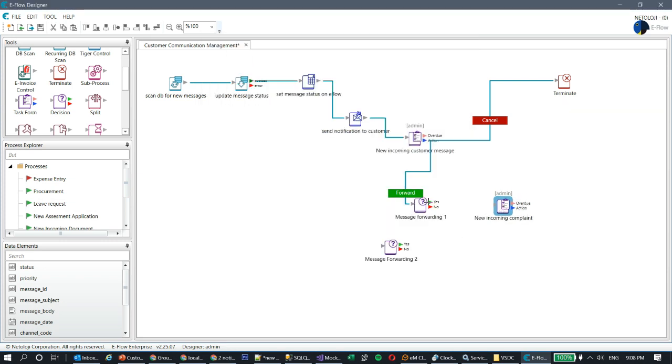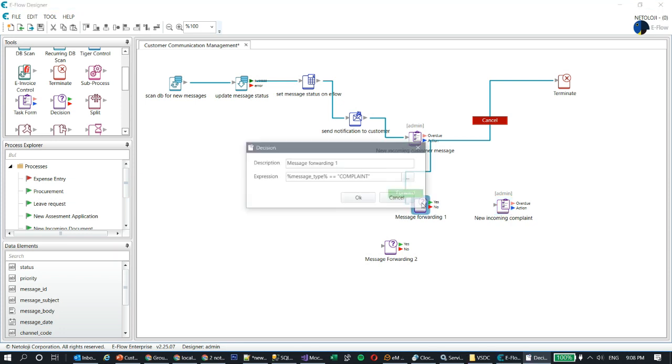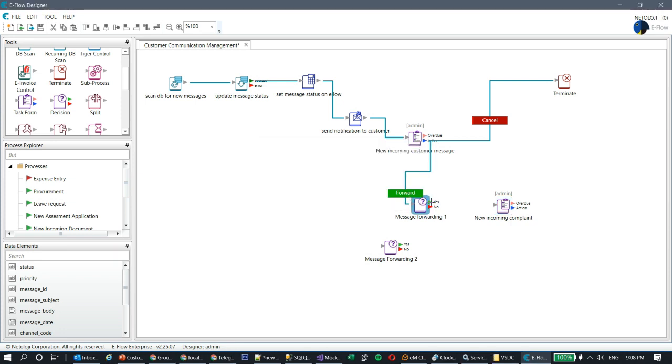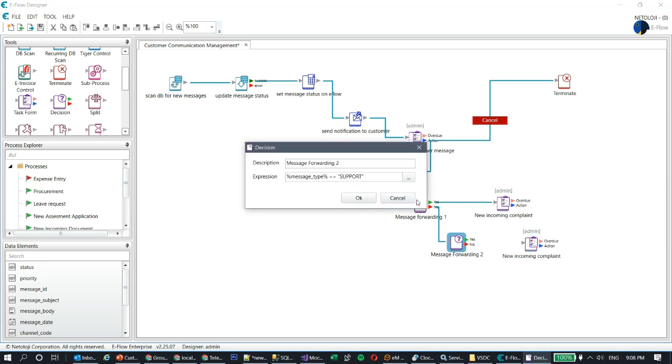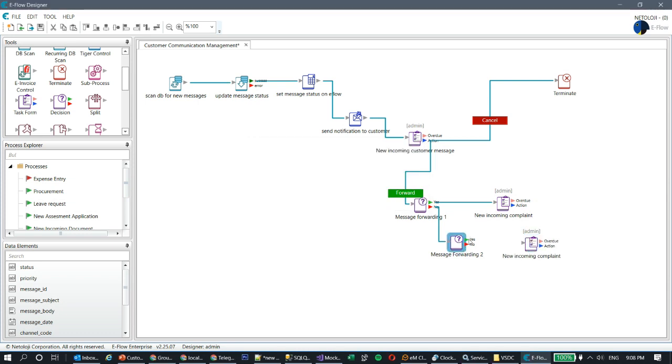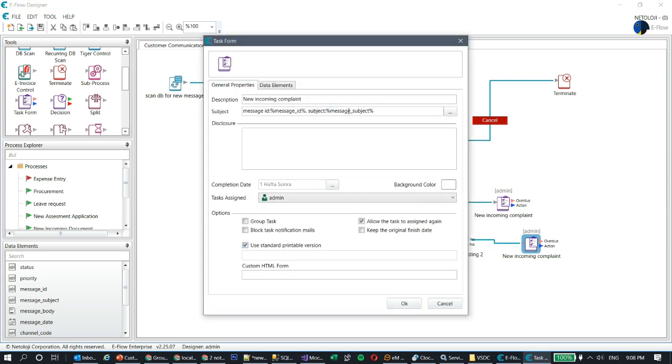So if it's a complaint, then it will move to complete task form. If not, then we'll go to the next step in the decision tree, and then I copy it one more time. If it is a support message, then it will go to support task form. Let's make it incoming support request, and I forgot, task will be assigned to,